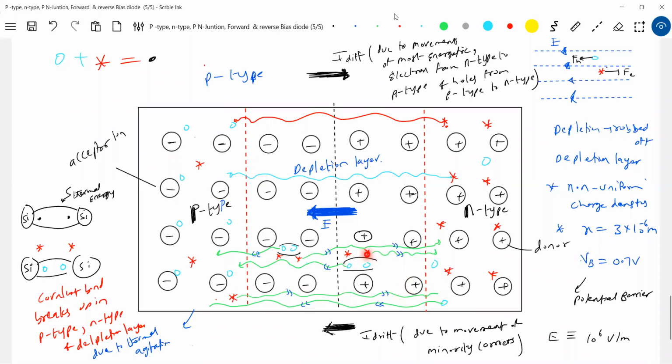So therefore, the carriers which are generated in depletion layer due to breaking up of covalent bond will become minority carriers only. You have to ask question, sir. You tell me first, drift current: is it due to this hole or movement of this hole? Both. But who will contribute more? This will contribute more.